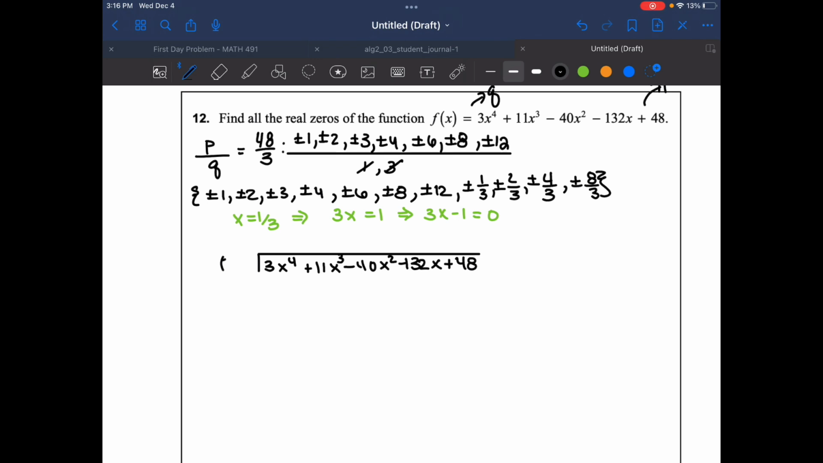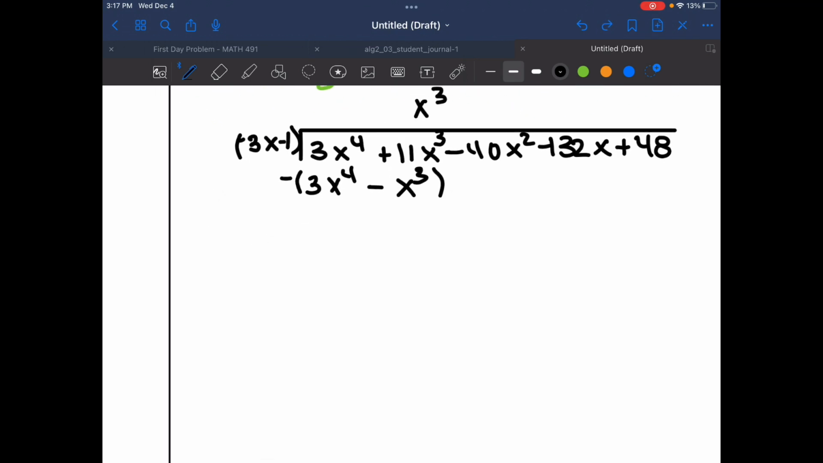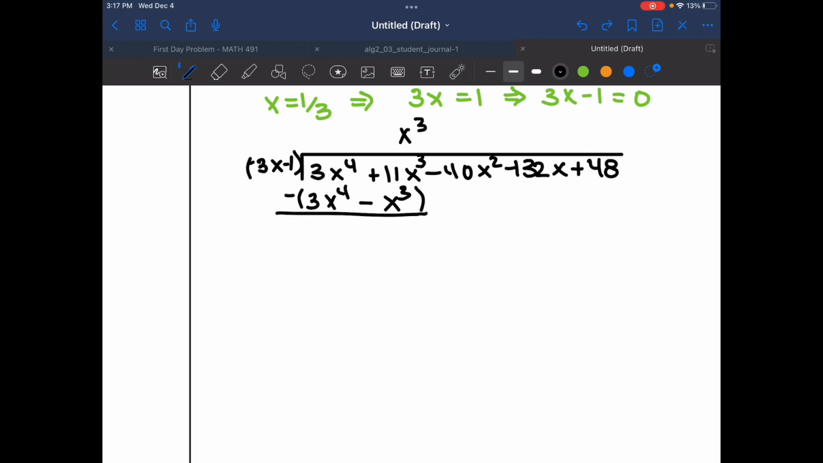Okay, so this is going to be 3x minus 1. Okay, well, this can go into x to the 3rd amount of times. This would be 3x to the 4th minus x to the 3rd. Okay. That cancels, and then we're going to end up with